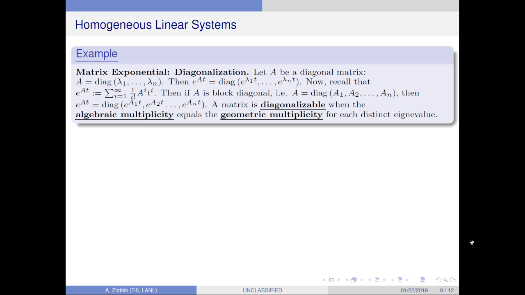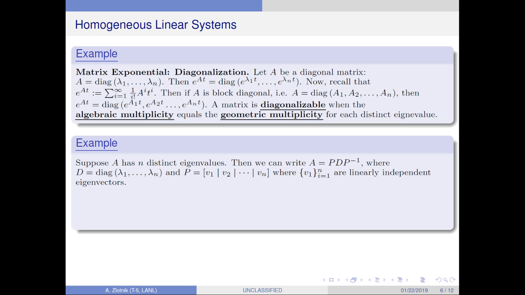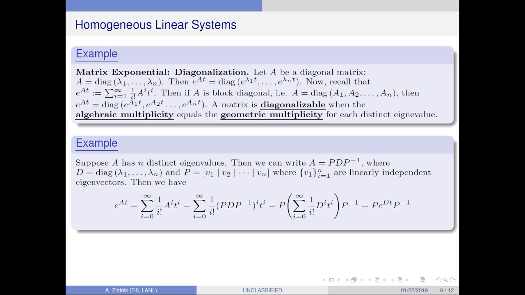Recall that a matrix is diagonalizable when the algebraic multiplicity equals the geometric multiplicity for each distinct eigenvalue. Now, also, suppose that A has n distinct eigenvalues. Then we can write that A is P D P inverse, where D is a diagonal matrix, and P is a similarity transformation where the v_i are linearly independent eigenvectors. Then we can write the matrix exponential in the following series,